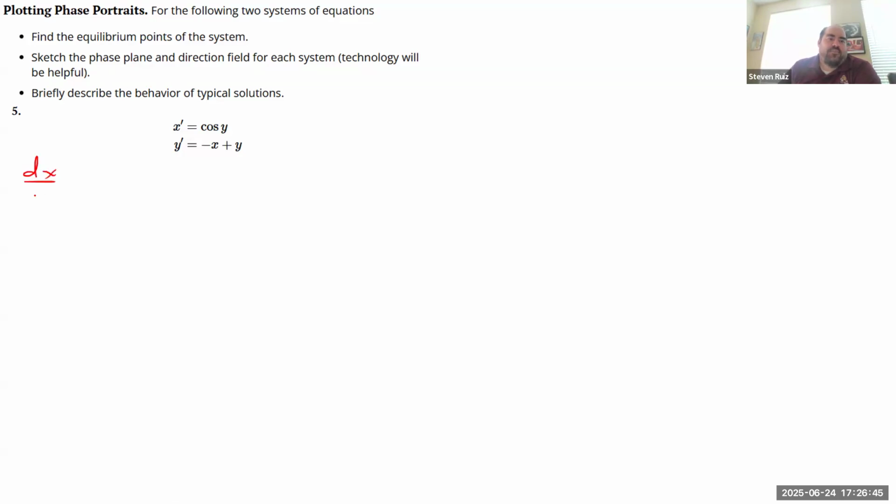If dx/dt equals 0, that means that cosine of y equals 0. So for what angles is cosine equal to 0? If we look at the unit circle here, the cosine is essentially, if I have an angle that we'll call y,